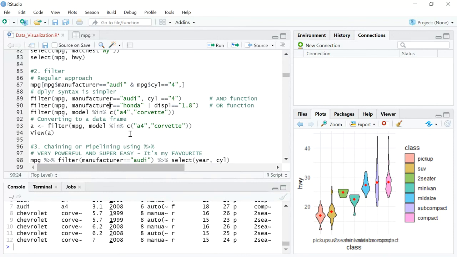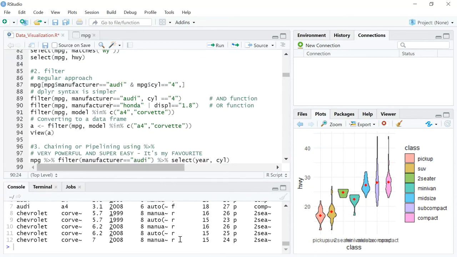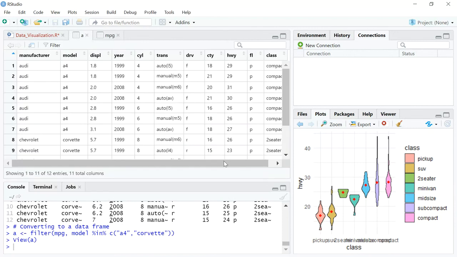Now, let's say you want to convert it into a data frame. The problem is right now, when you're making all these combinations, it's coming out as a table, right? And it's not very quickly. Even though it's printable on the console, if you want to extract that information, you can use the function and use the assignment operator to assign it to a variable. The moment you do that, and then view the variable, you will get it in a table form.